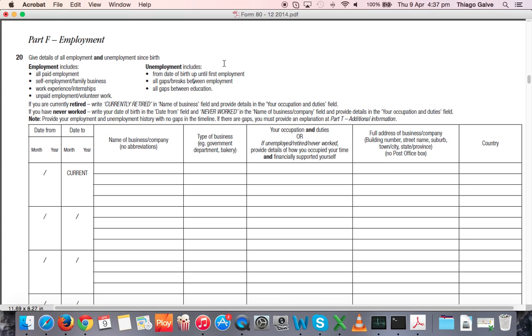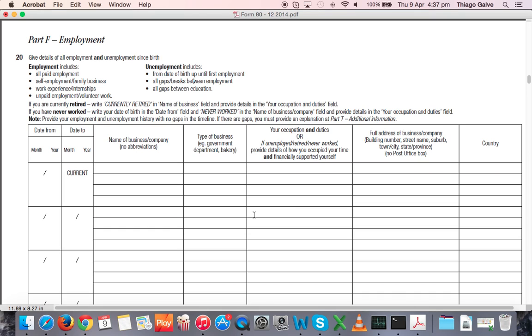So let's say that you were working up to 2010 and then you did not work for a year because you were traveling or you were studying or you were doing whatever you were doing. Please provide information. So from 1st of January 2010 to the 31st of December 2010, unemployed, and then provide information